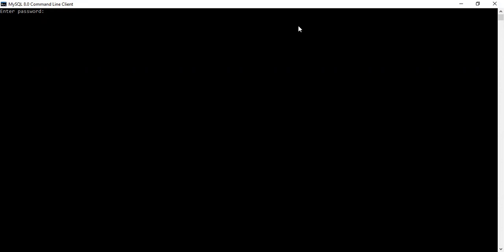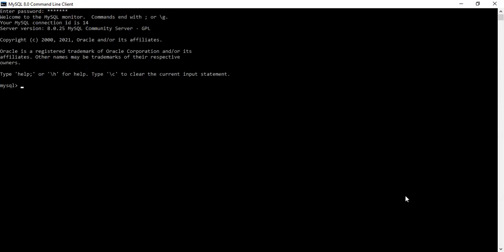So my compiler is ready for execution. In this compiler, we have a lot of databases. First we will see what the databases are, so for that we use the command show databases.